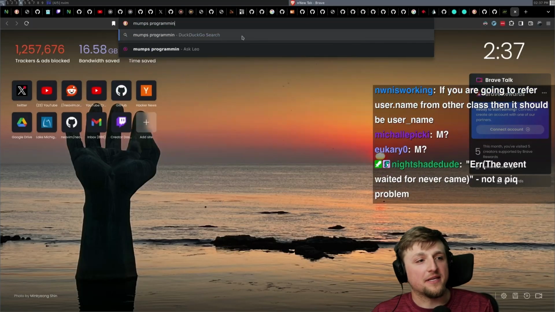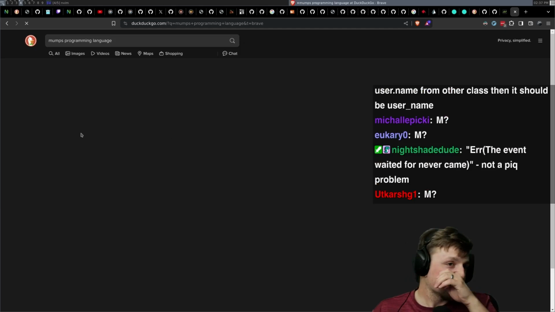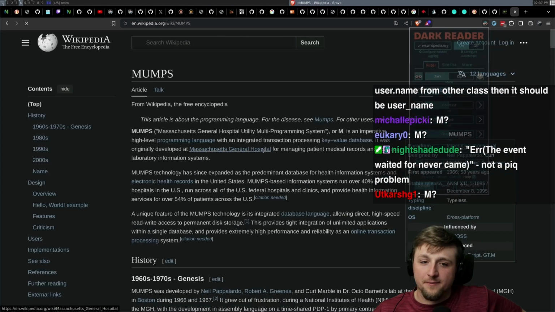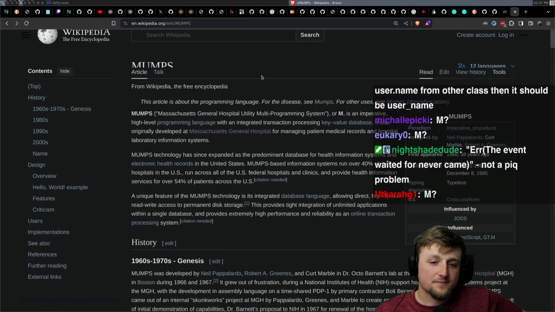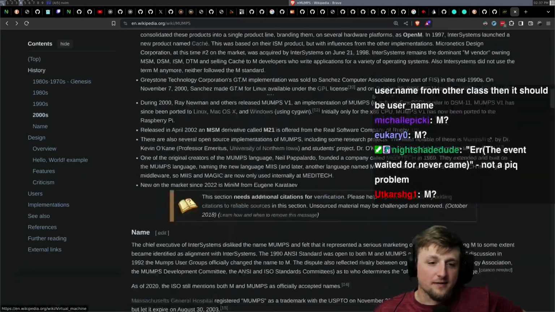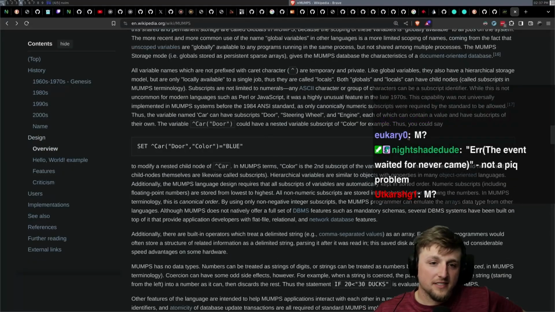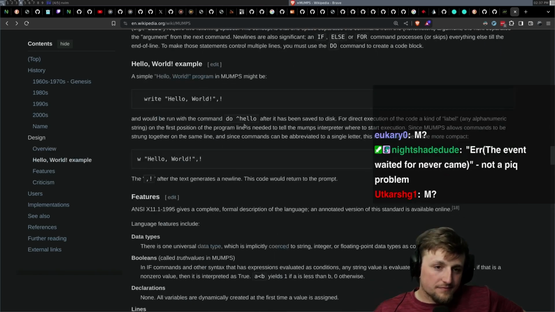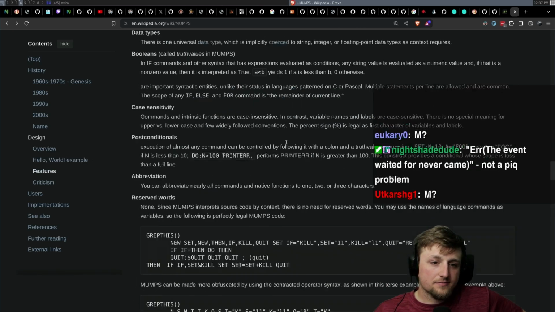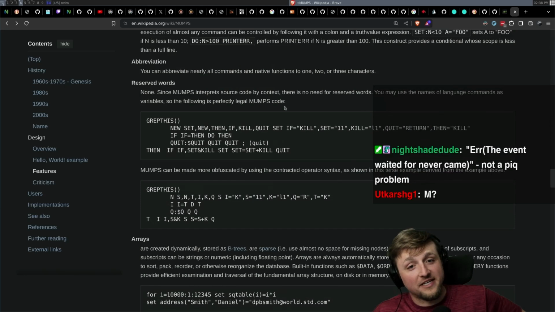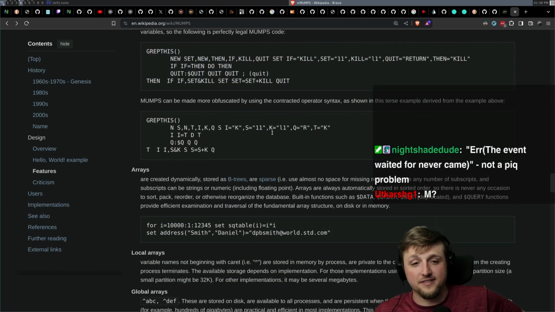Mumps programming language. This bad boy right here. Oops. I don't know if they got any updated examples. Yep, that looks about right. That doesn't look that good. You could make it look a little bit better than this, but